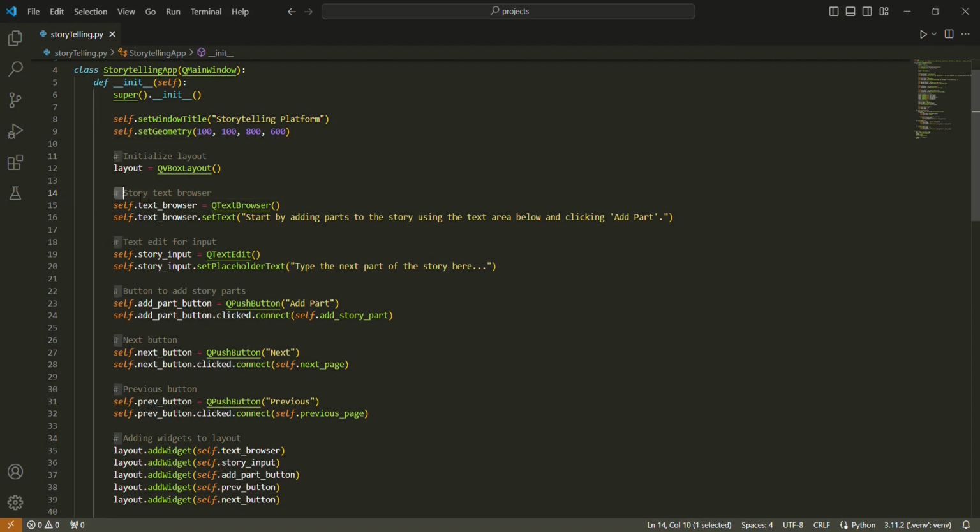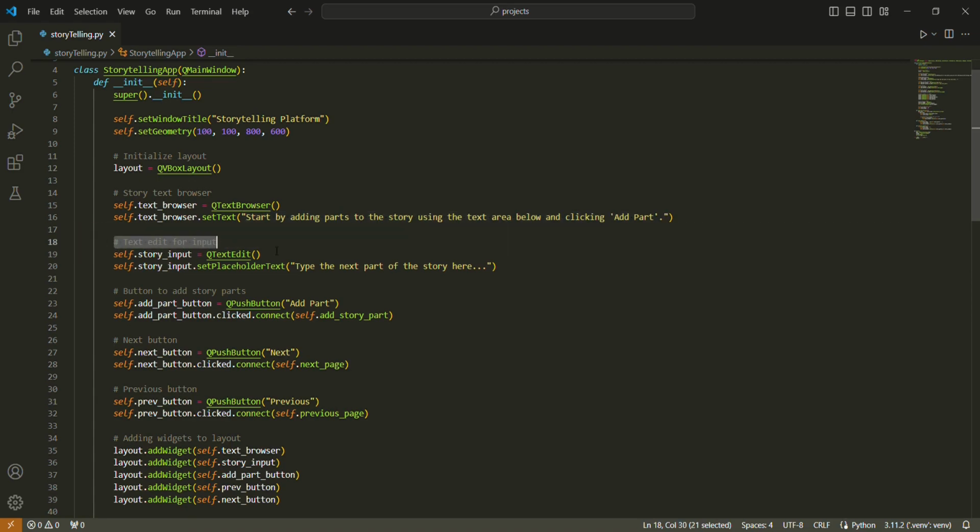Moving on, now we define a text browser, using the QTextBrowser method, instantiated into the variable text browser, and we add a text here to guide the user in which part of the application is.